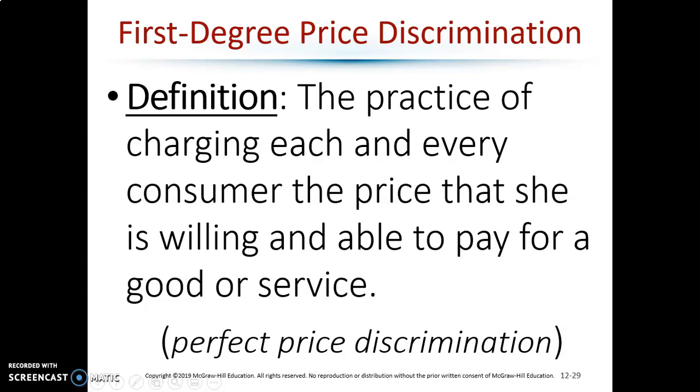So before we get into the other two market structures, the in-betweeners, if you will, monopolistic competition and oligopoly, now that we know about market power, we can divert real quickly to talk about price discrimination. Discrimination is a bad word in most contexts, appropriately so. When it comes to price discrimination, maybe in some cases it could be considered bad, but